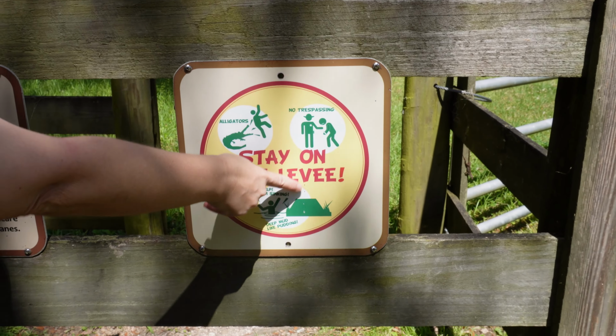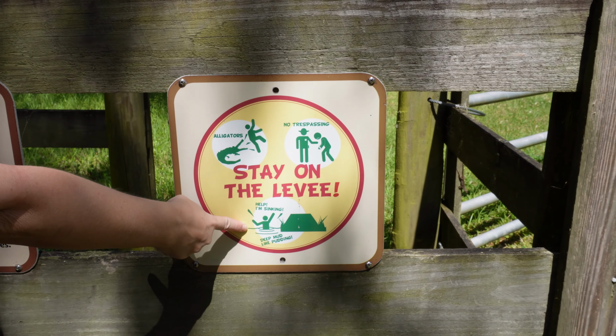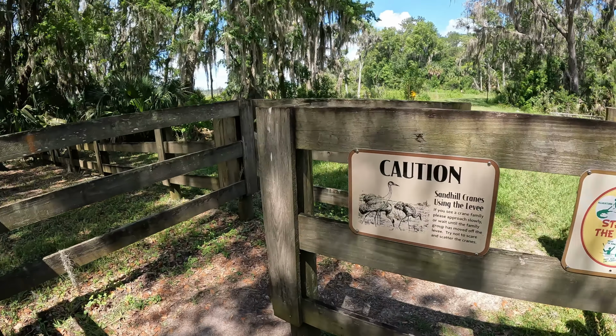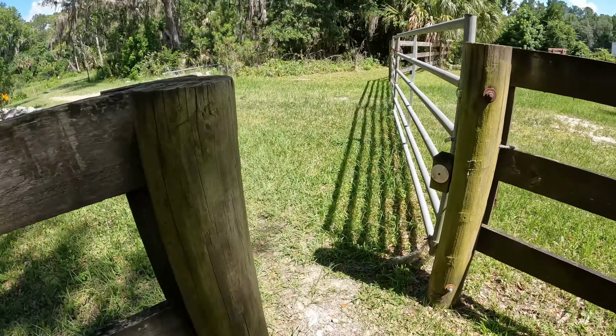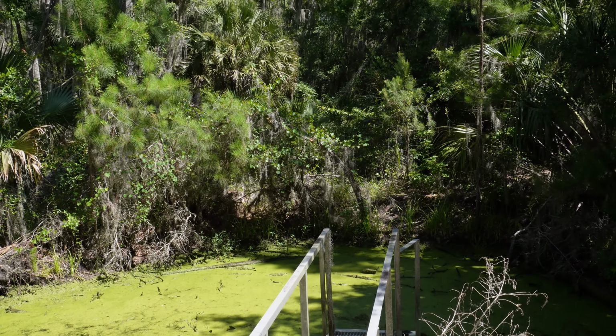Says stay on the levee. You might get eaten by an alligator, you might fall in some quicksand, or you might get arrested by a ranger. Stay away from